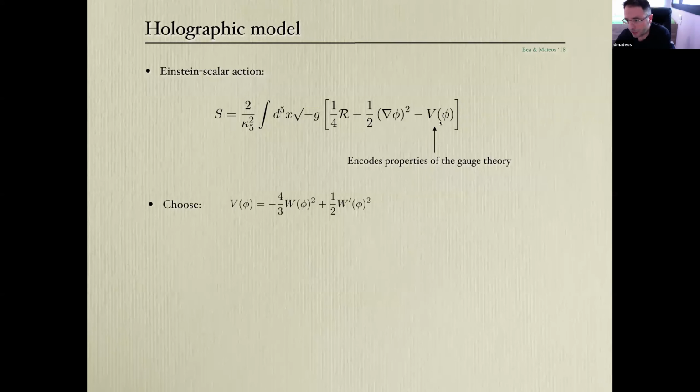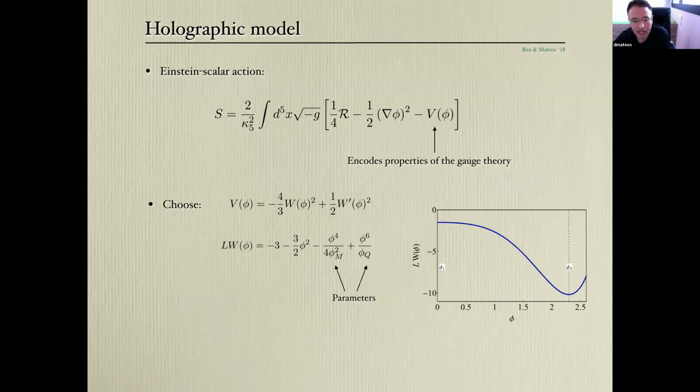And I'm going to choose this potential. This is simply for technical convenience. There's nothing fundamental about this. Just for technical convenience, I'm going to assume that this potential can be derived from a simpler function, which is called a superpotential, this W, through this usual formula. And I'm going to choose W to have this polynomial form. It's a polynomial of order 6 with 2 free parameters, phi m and phi q. These 2 terms are fixed by some conditions that is nice to impose, and these 2 are the free parameters.